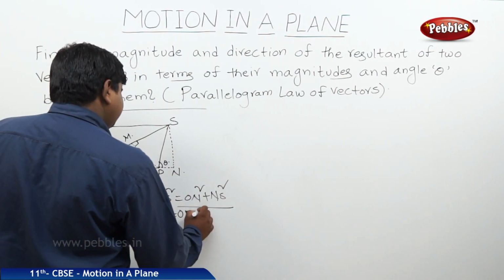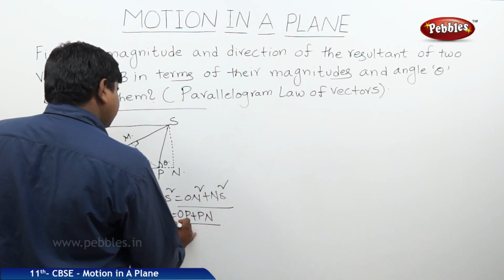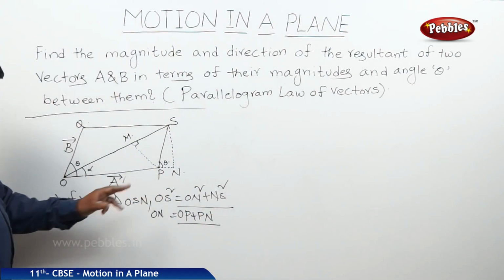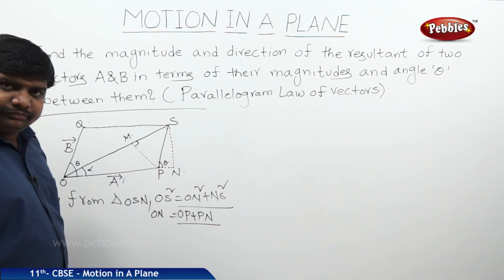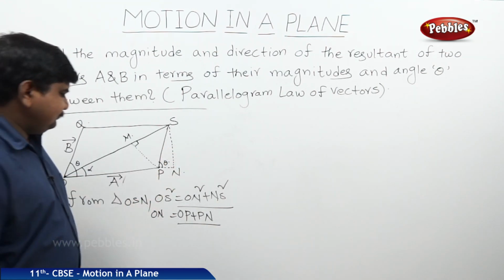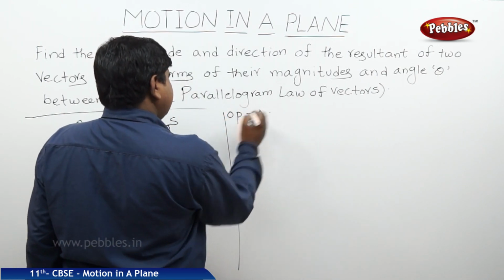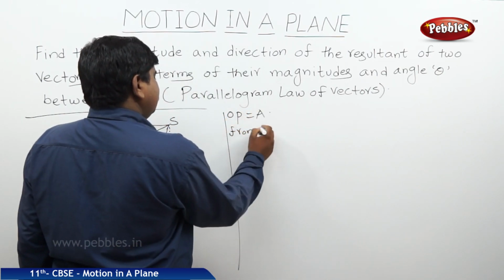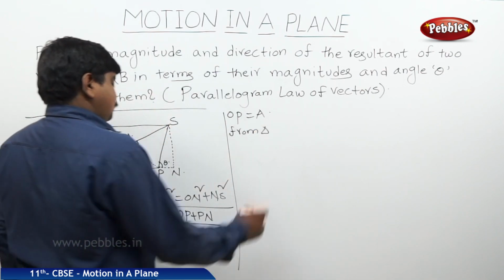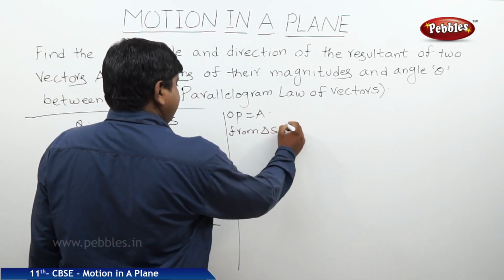OP plus PN. What is OP? A. We should find out PN. What is this PN? OP is equal to A. From triangle SNP,